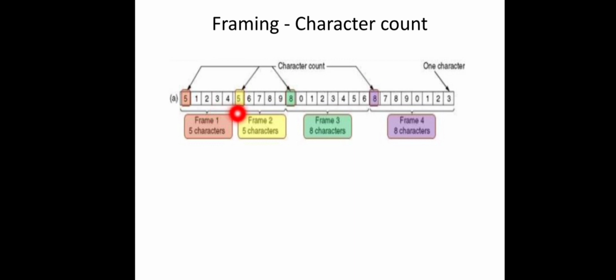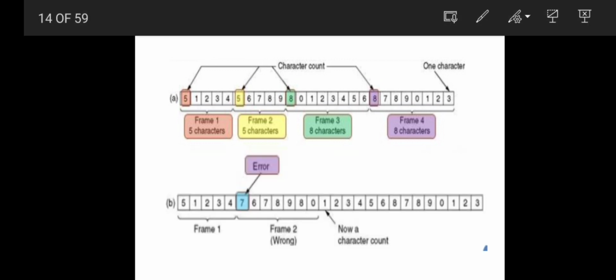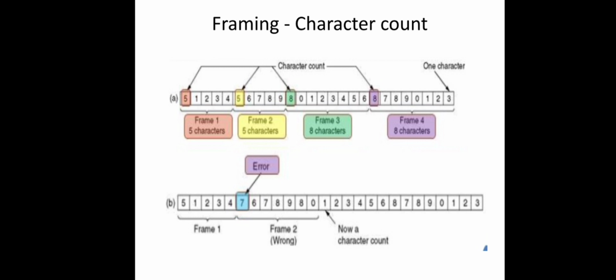And what are the negative points here? Let us think about one small error. Say in this character count, 1 bit got flipped. So here the binary value for 5 is 101. Let us assume that only 3 bits are taken to represent the values, just for simplicity. So the value is 101 and the middle 0 got flipped. Now it becomes 111, right?